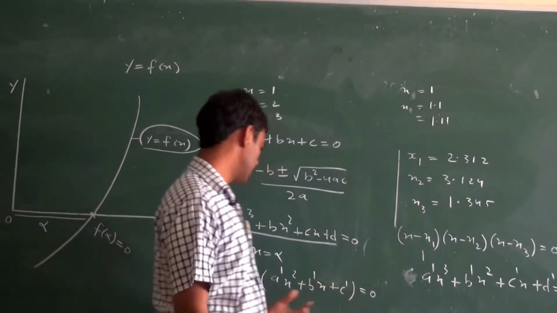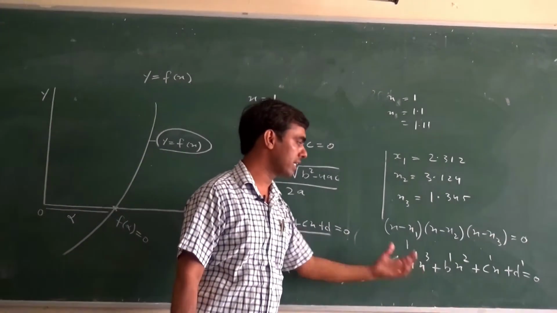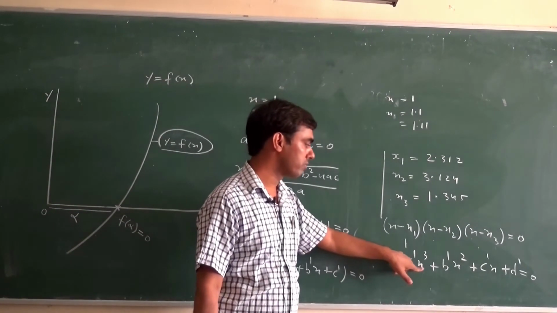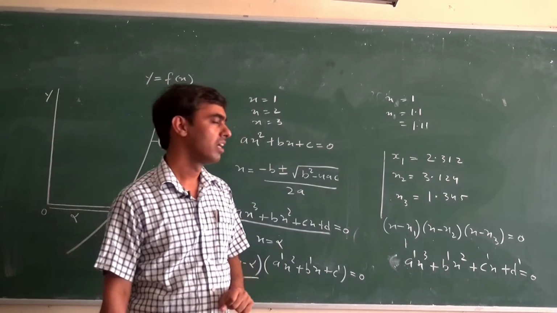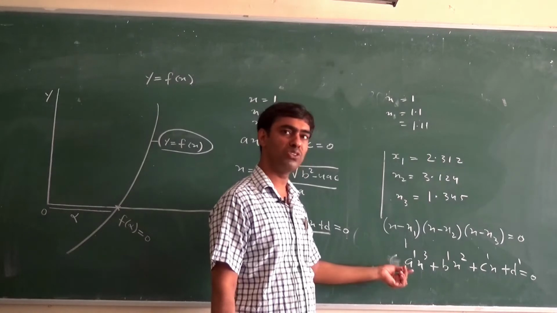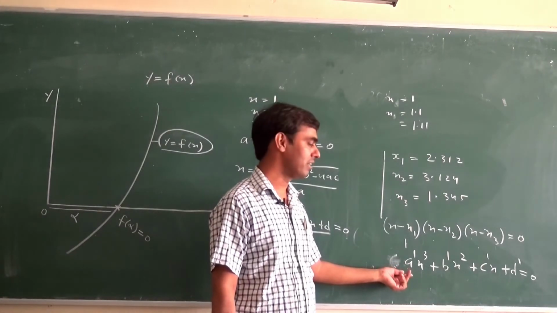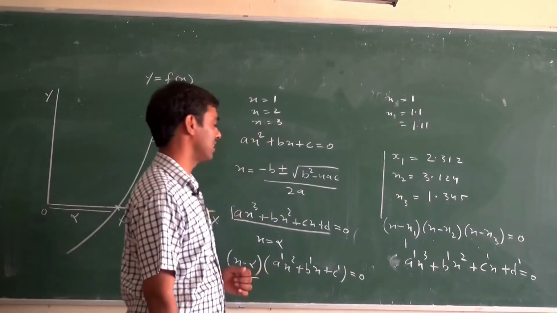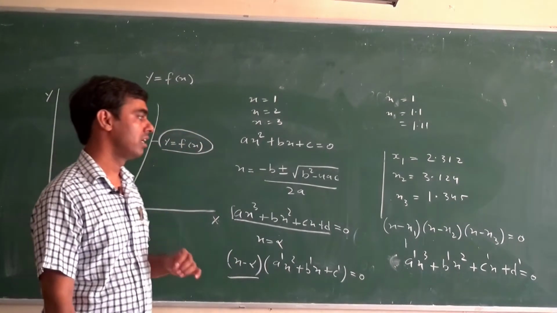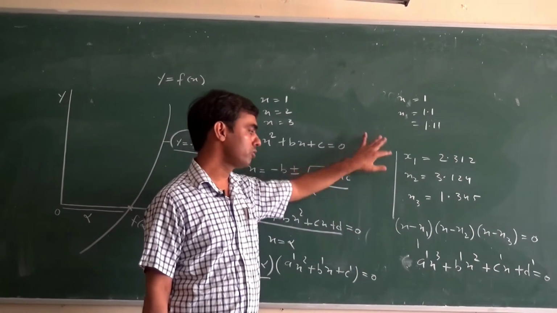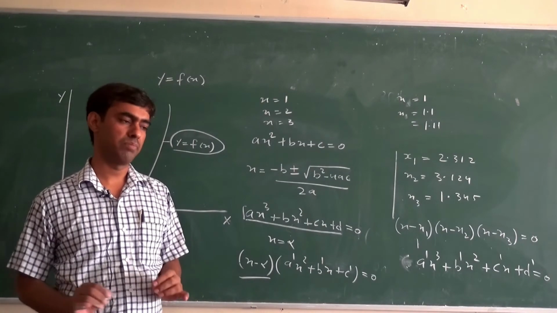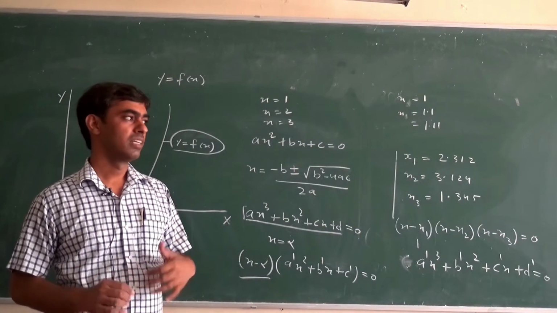If we are unable to find a factor, then we are unable to factorize this one, then we are unable to find the solution of this cubic equation. So try to think, this one is a cubic equation, this one is a polynomial equation, but if this one becomes a transcendental equation, then it becomes very tedious, very difficult to find the solution of any algebraic and transcendental equation by analytical method. That's why